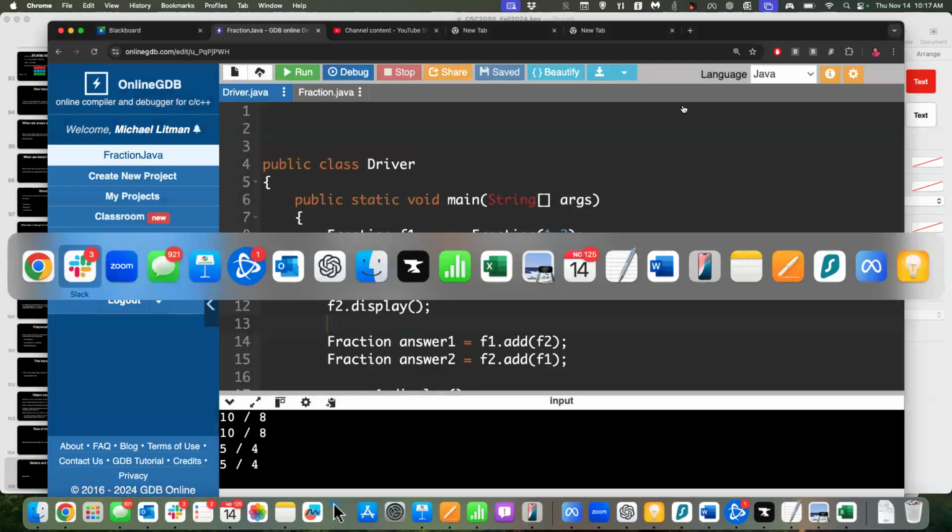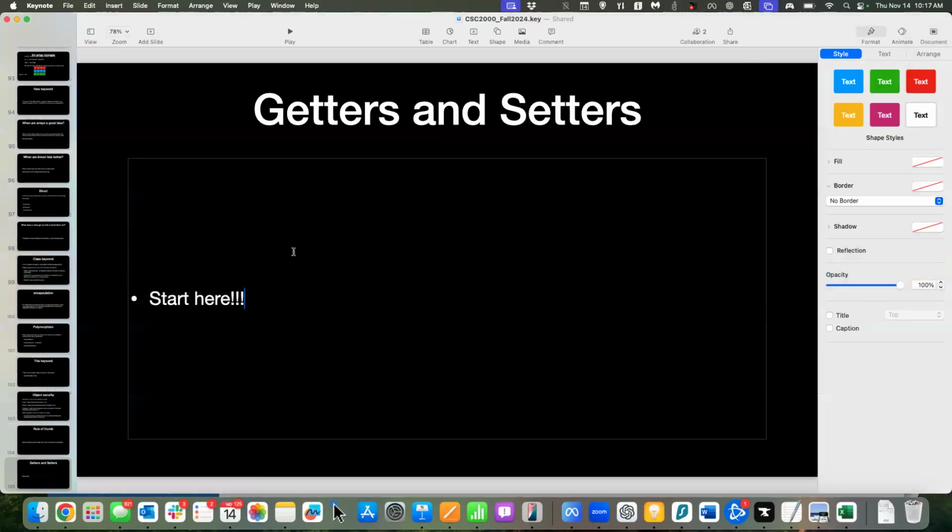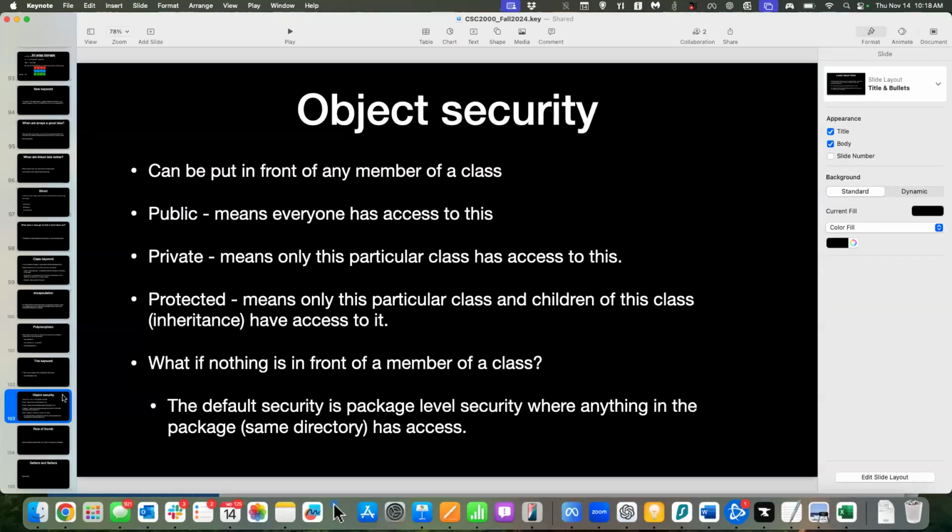So last time, right at the end of class, we started talking about the idea of public, private, and protected. So this is the security for our objects. Typically, what we're really thinking about with public, private, protected is fields and methods. Technically, you can put this in front of constructors. Technically, you can put it in front of classes. And sometimes there's a legitimate reason to do that in terms of who you want to have access to it,